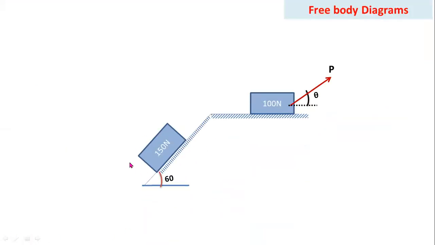First of all, you have to convert this given diagram into a free body diagram. First, draw reference axes parallel to the inclined plane and normal to the plane. Now these two are the reference axes. This one is parallel to the inclined plane, this one is normal to the inclined plane. Now you have to consider a self weight of 150 newtons vertically downwards. Already we know that self weight of any body acts vertically downwards.